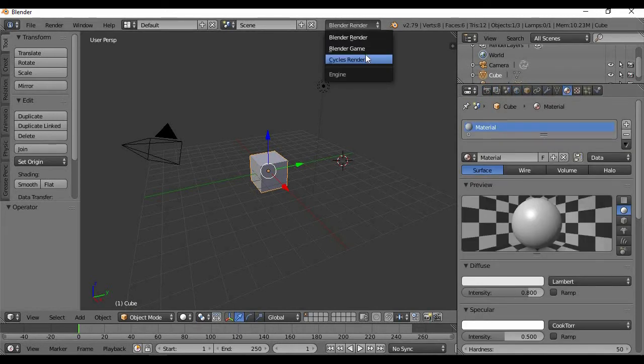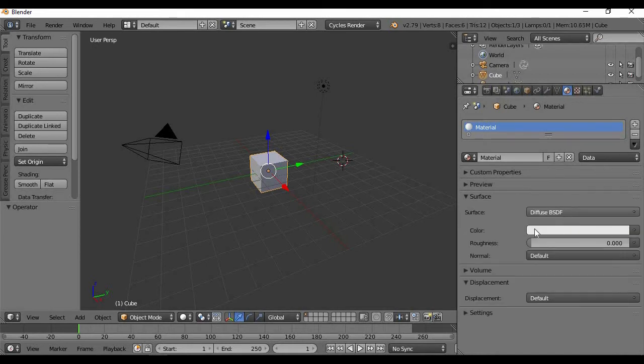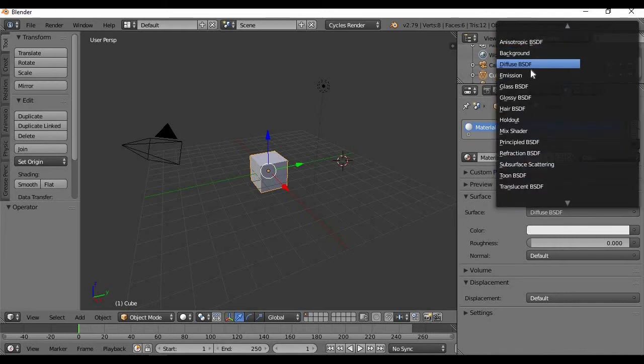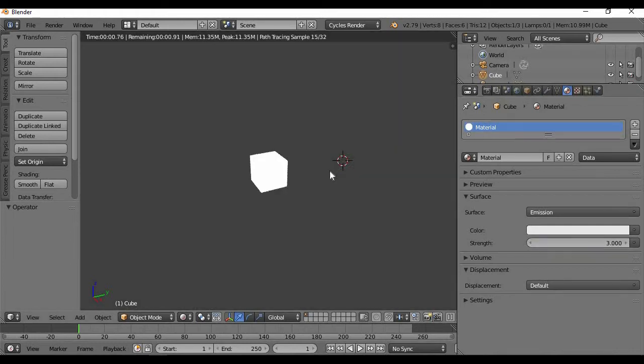Go to Cycles Render and then go to Material and then Use Nodes, and then change this to Emission. And then let's put the center here. You can see here,